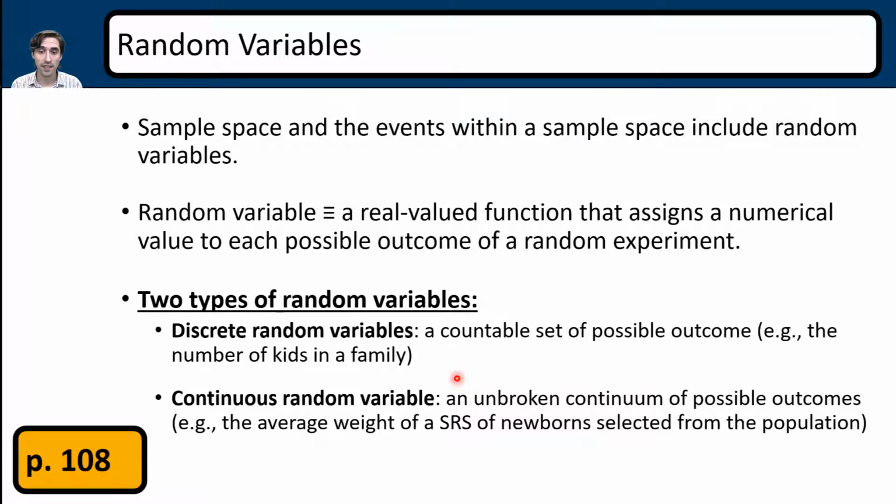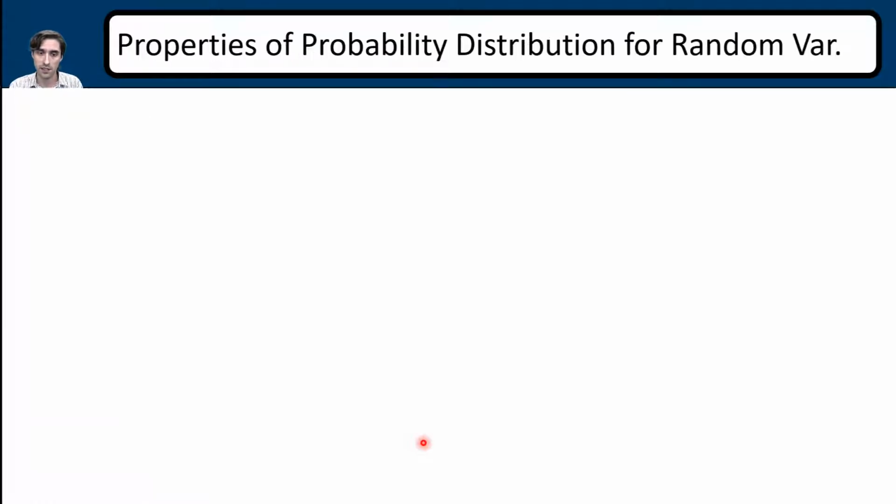So it's saying that for an SRS, all these have to be randomly sampled. It's not that you're able to just take anything. This has to be under the laws of nature of randomization. So the average weight of an SRS can go down to a very minute, very small number, like 6.79824, and so on and so forth. It can continue on. That's the difference between continuous and discrete.